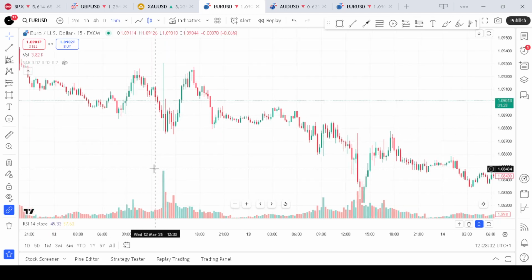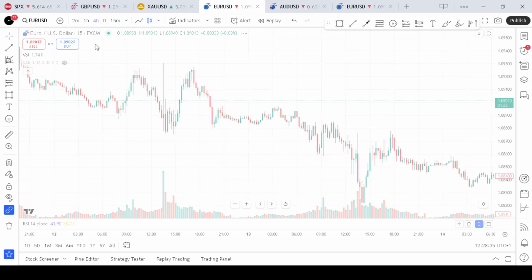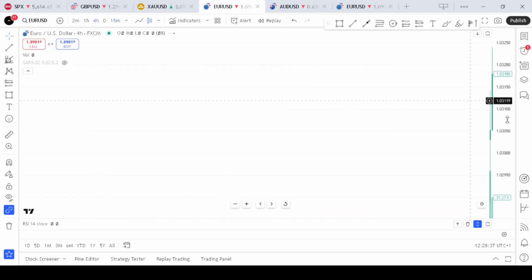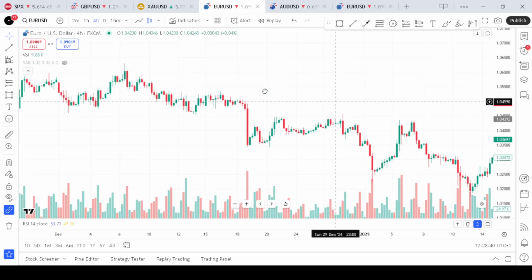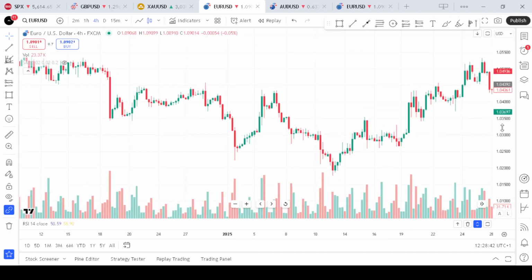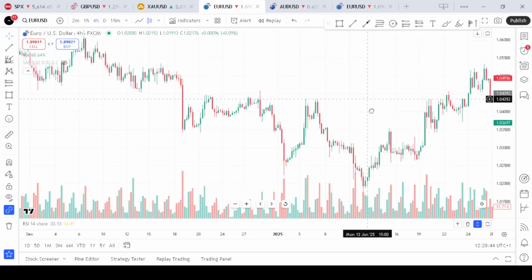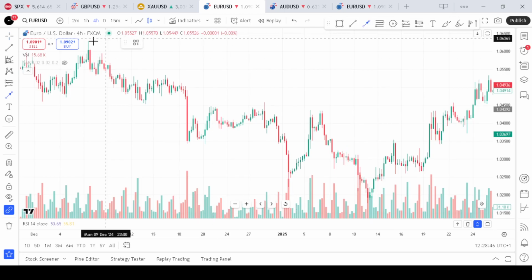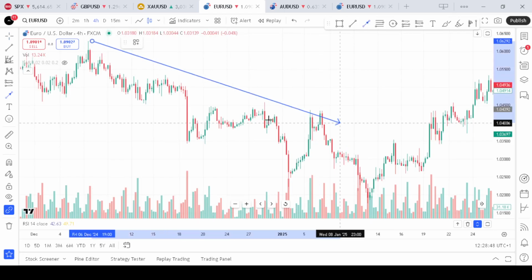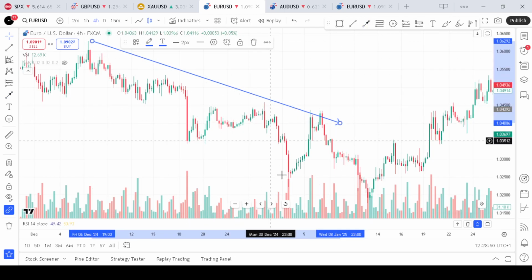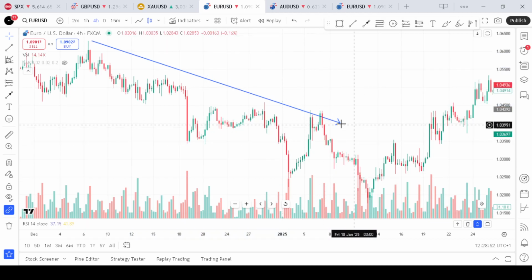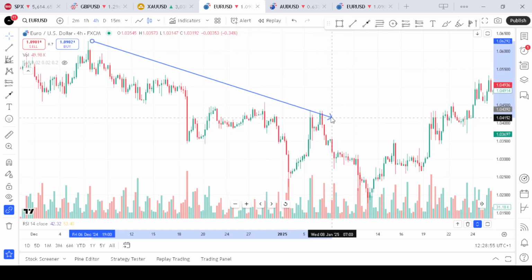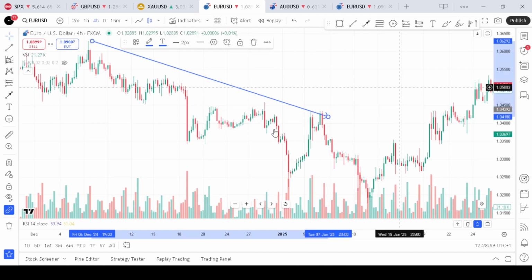The first step is to identify the market trend. You can use the higher time frame to identify the direction of the trend, and as we can see, the market is trending to the downside. In this particular area, we can see the market is trending to the downside, making a series of lower lows and lower highs. Particularly, we are in this area of the market where price is touching the trend line, expecting a down